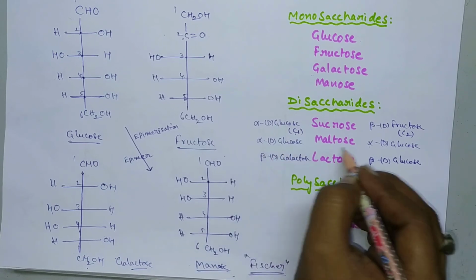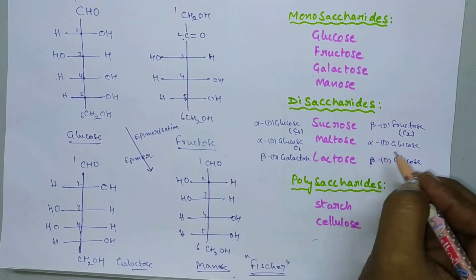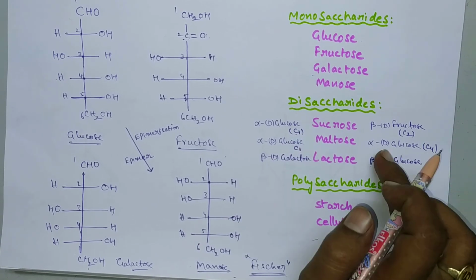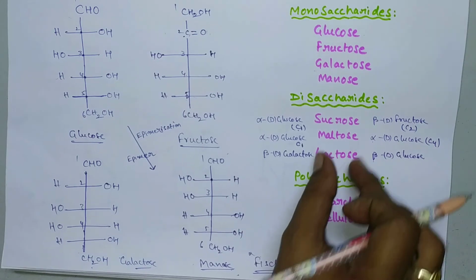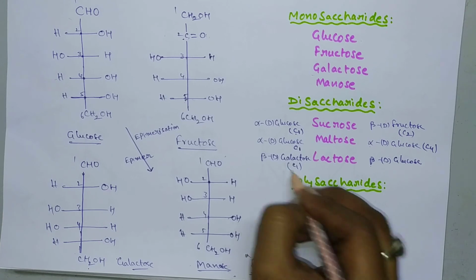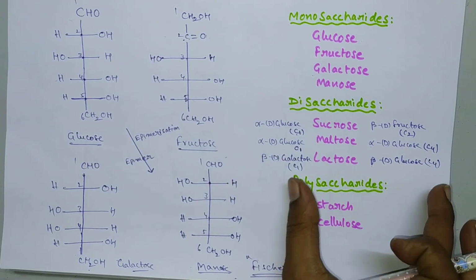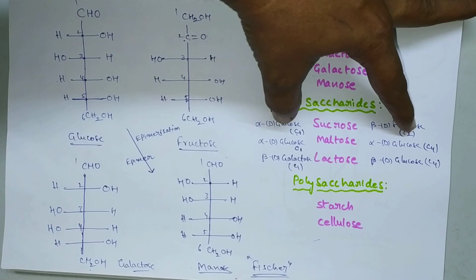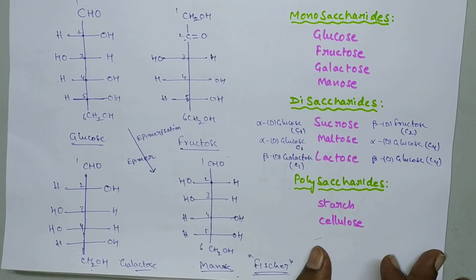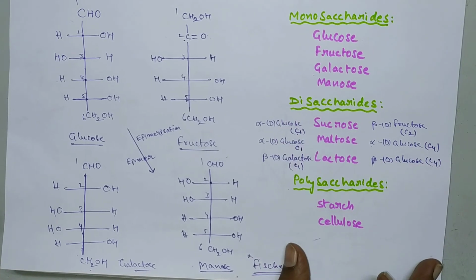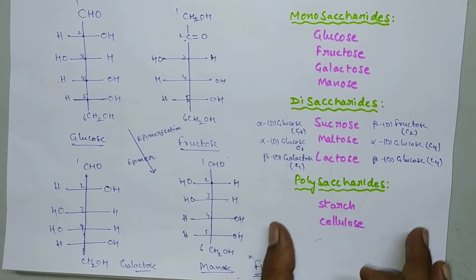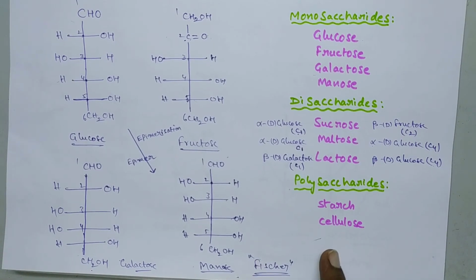Here in case of maltose, there exists a C1-C4 linkage. Here it is C4. So the first carbon of glucose and the fourth carbon of alpha D glucose combine together to form maltose. And in case of lactose, also there exists a C1-C4 linkage. You have to remember the point of linkage. So in case of sucrose, C1-C2. In case of the remaining two, C1-C4. Here also C1-C4. Okay. So we should learn the structure, how these points of linkage arise. We will discuss the points of linkage of these disaccharides and polysaccharides in the next video.